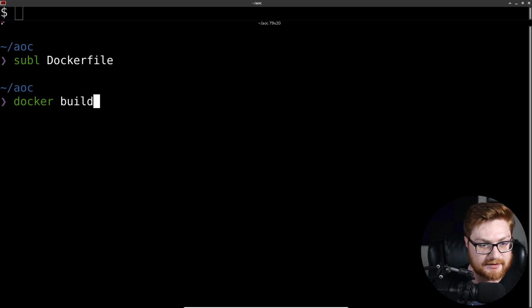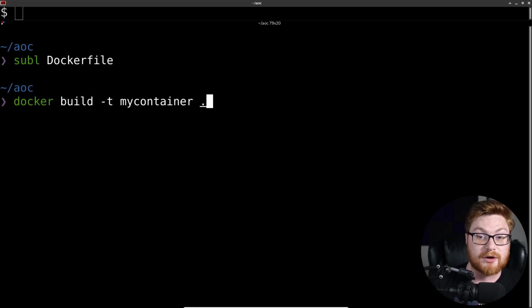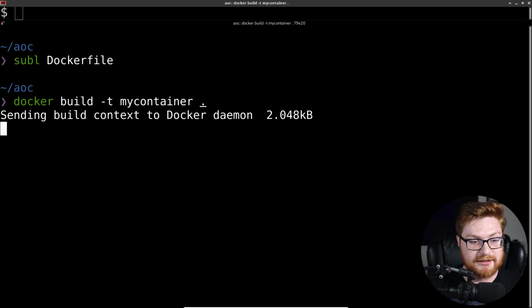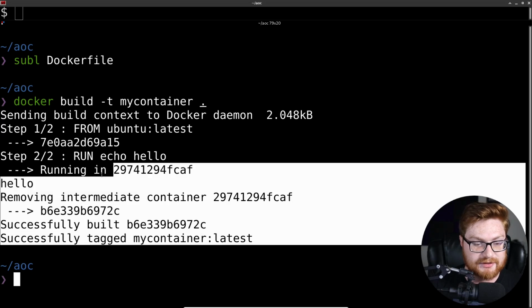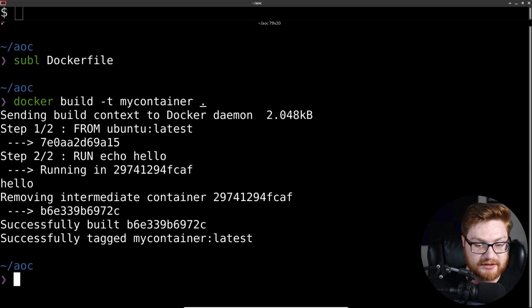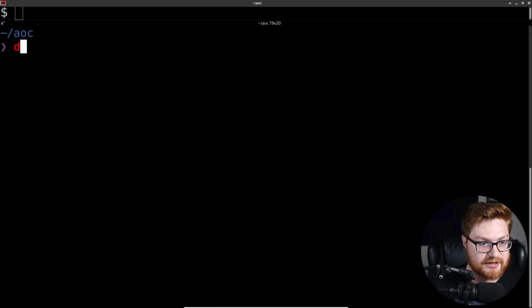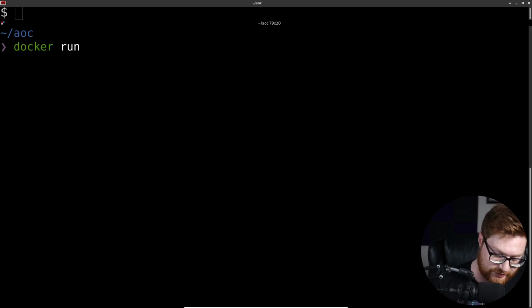Microphone's in the way. I can't type. And we could give it a tag that we want to call this thing. We could call it my container, and then docker build the location where our Dockerfile might be present. It is in our current directory, so I could actually just use the period to denote our current directory, right? I'll hit enter on this, and it will go ahead and build it and tag that my container to the latest rendition, right? Now, just using this as an example, and I realize I'm just kind of pulling it out of thin air, if we wanted to docker run -it my container,